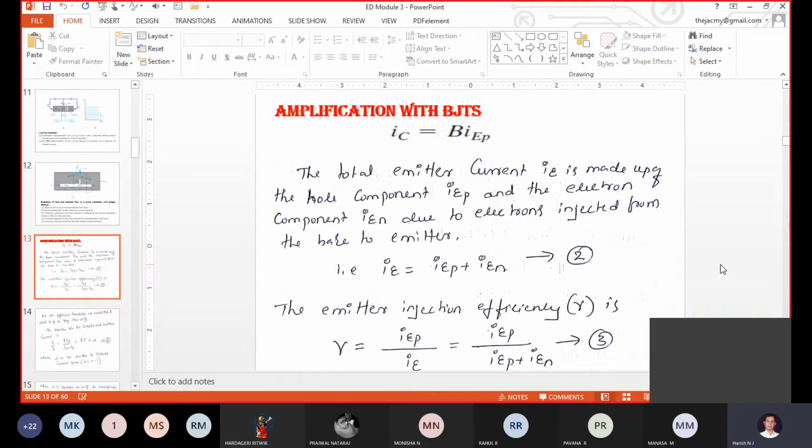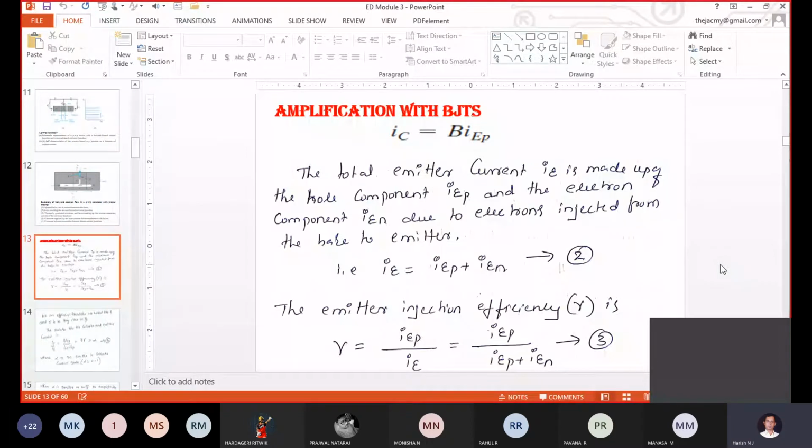The same way you can change the resistance values over there. RF it will be equal to 10 kilo ohm. R1 it will be equal to 1 kilo ohm. Correct. 10 kilo divided by 1 kilo, it will be equal to 10. 10 plus 1, it will be 11. Correct. So there the gain factor will be equal to 11.